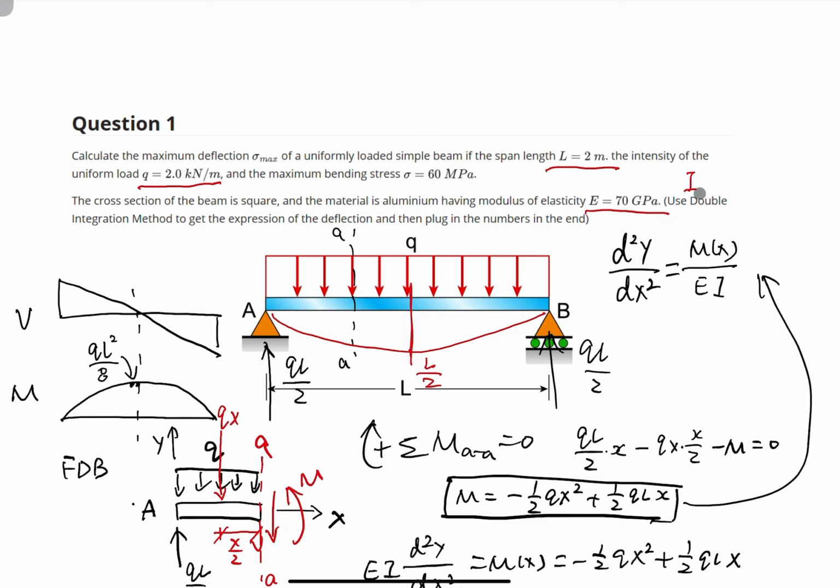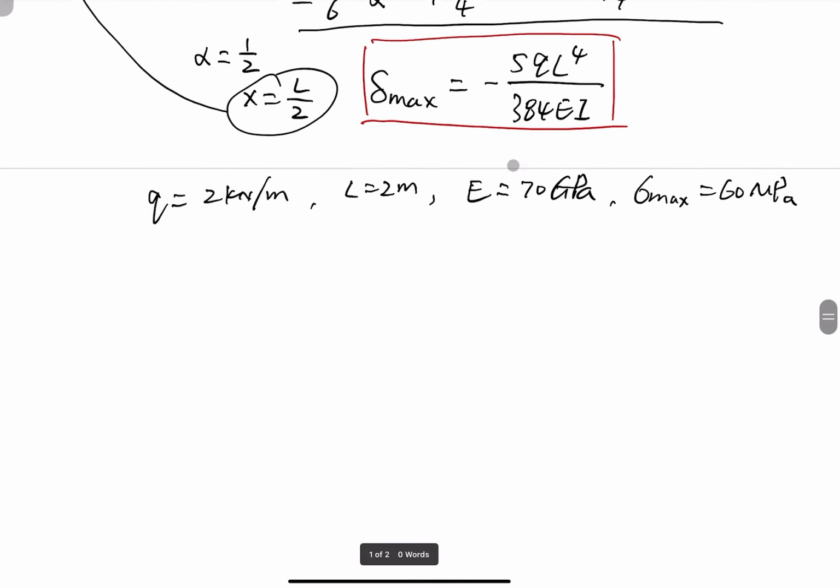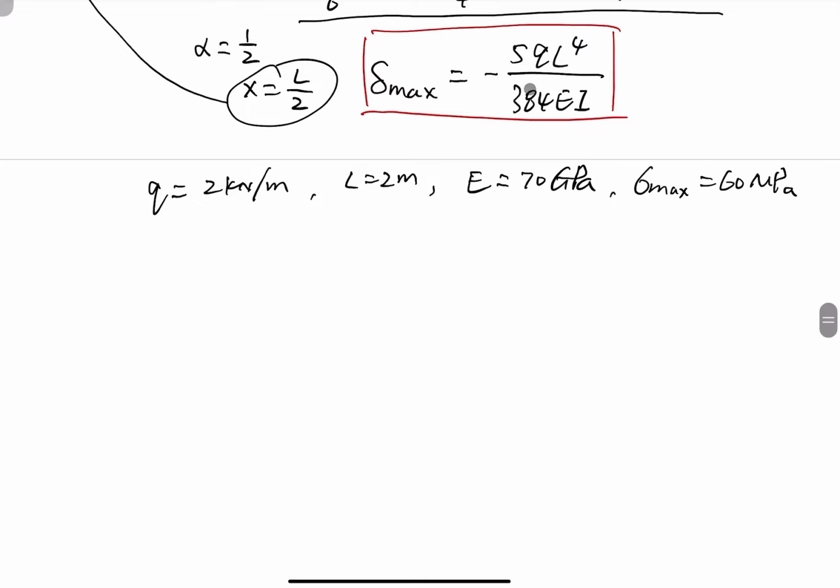Instead of the moment of inertia, this question gives the maximum bending stress sigma. So based on this information, we try to find the moment of inertia. I'll just write down the values over here. We know q, we know the span, we know E, but we don't know the moment of inertia. We know the maximum strength of the beam material, the maximum stress, is 60